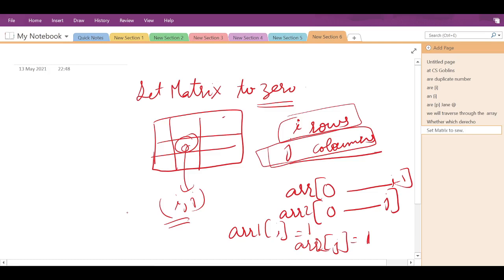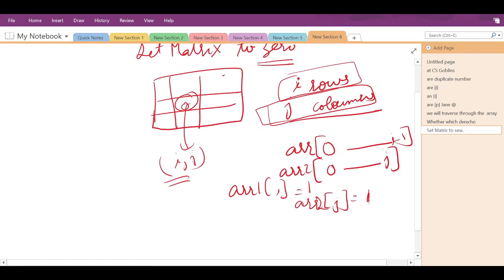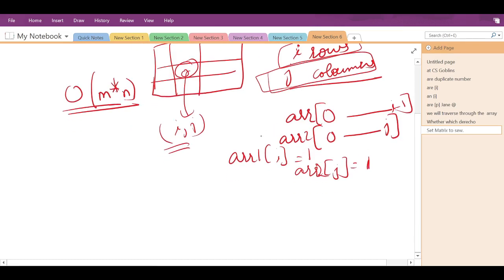After traversing through the entire matrix, the time complexity to traverse the entire matrix is O of m cross n. We now have two completely updated arrays, array 1 and array 2. First we'll go row wise.